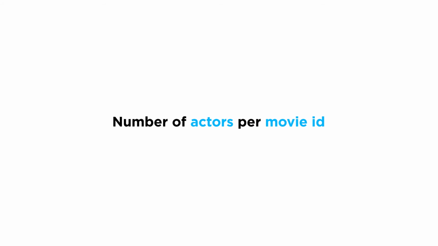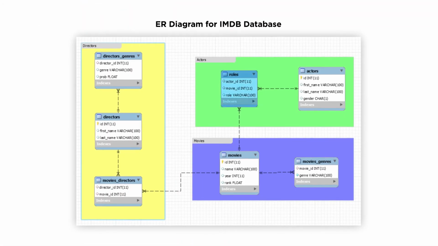So now let's examine a very related query. Instead of movies per actor, we want to compute the number of actors per movie. As we did before, we are going to go to the roles table. The difference now is instead of what we're doing in the prior query, where we're grouping by actor ID and counting the movie IDs to compute the number of movies, now we're going to reverse the process, and instead we're going to group by movie ID and count the actors instead to compute the number of actors for each movie.